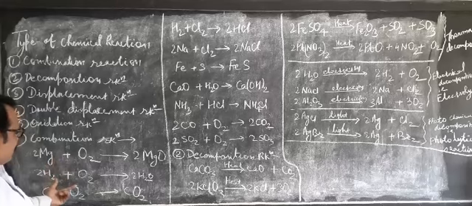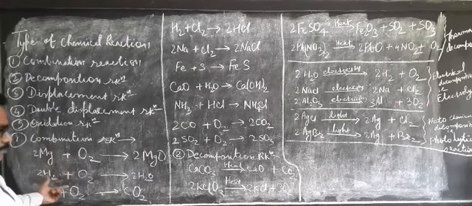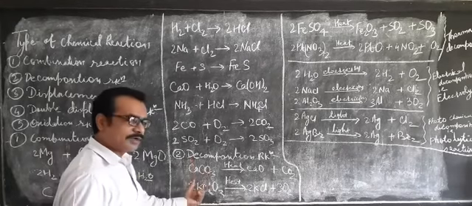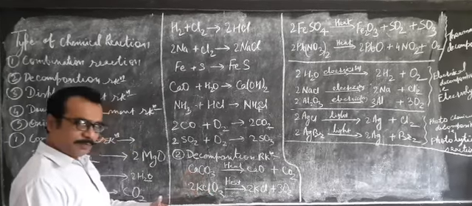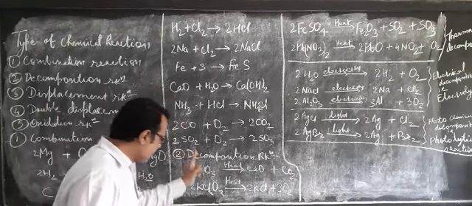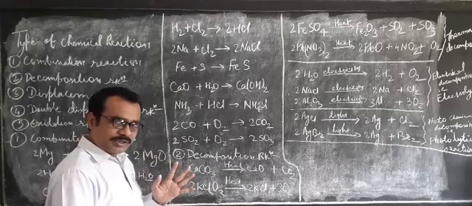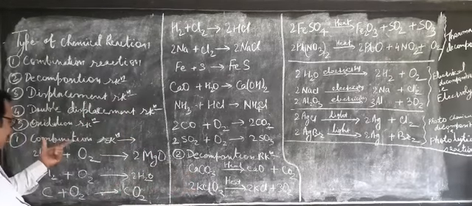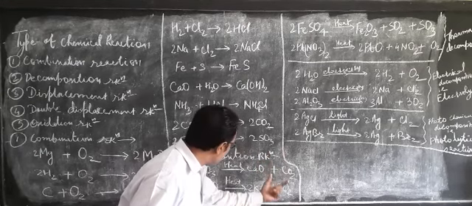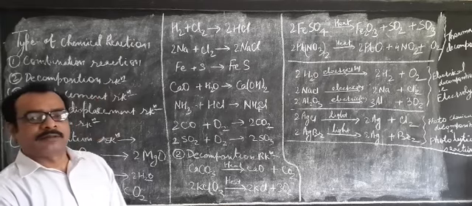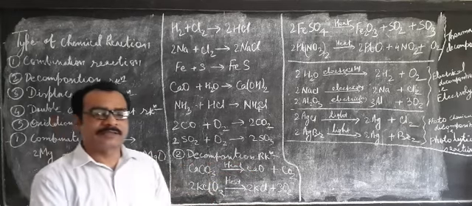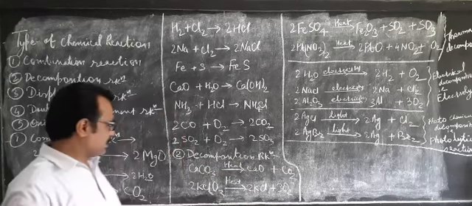In case of combination, you can see more than one ingredients. In the product side, you can see here only one. Here you can see in the reactant side only one. So just opposite. In case of combination, one product. In case of decomposition reaction, one reactant. So this is the opposite case. In case of combination reaction, more than one reactant, whereas in case of decomposition reaction, more than one product. So that's why the decomposition reaction and combination reactions are opposite to one another.